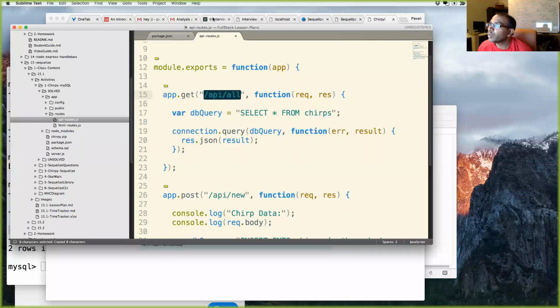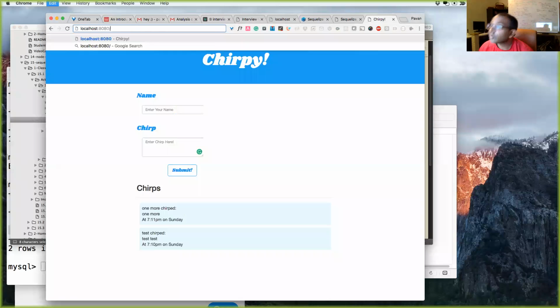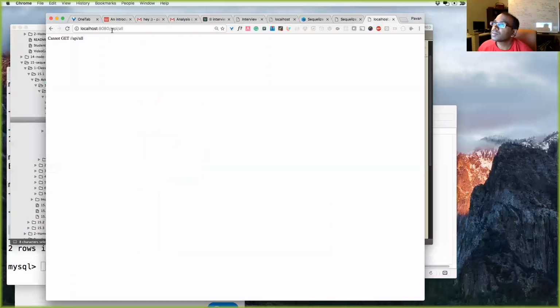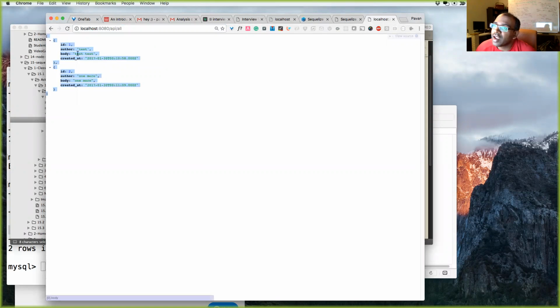Get requests we can access from the browser. You see what happens right there? And we could see the JSON right here from our browser. So that's what a get request is. So if I go back over here,